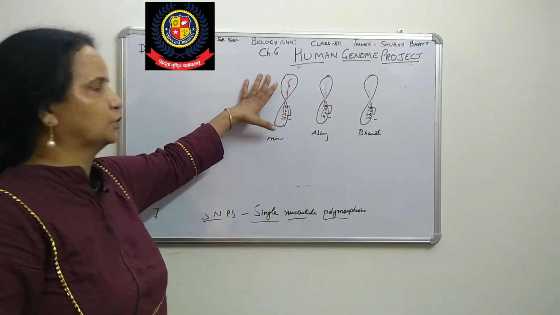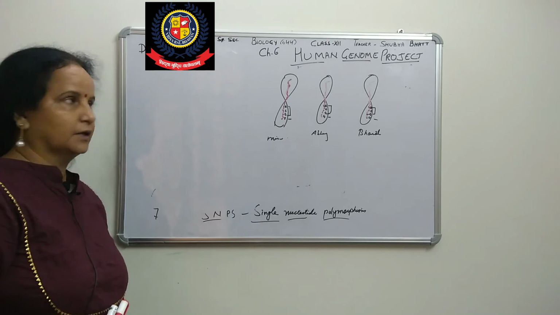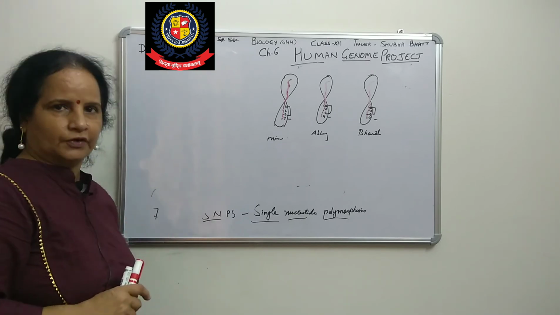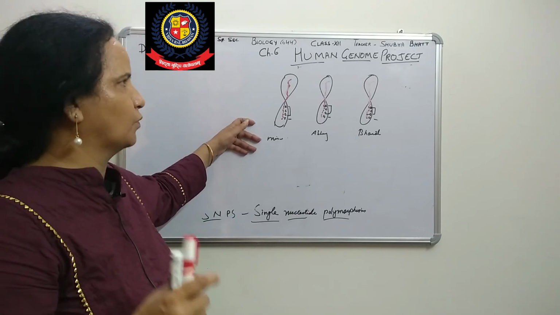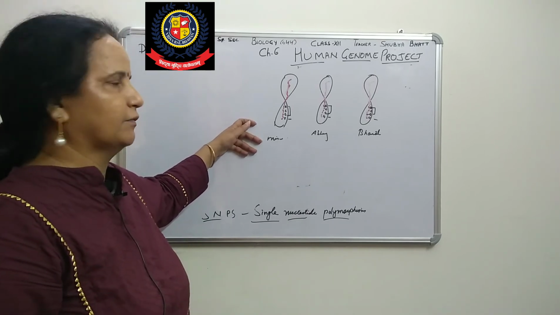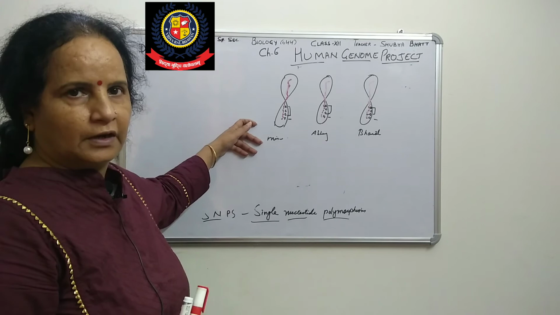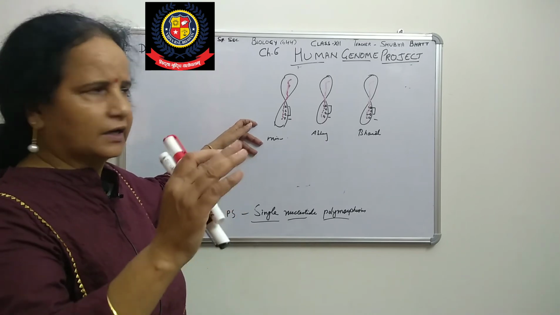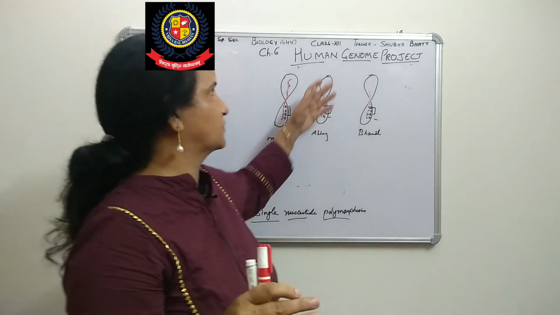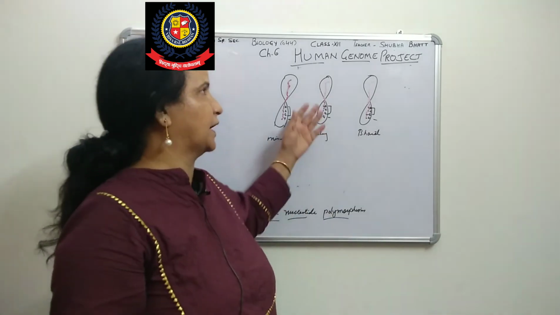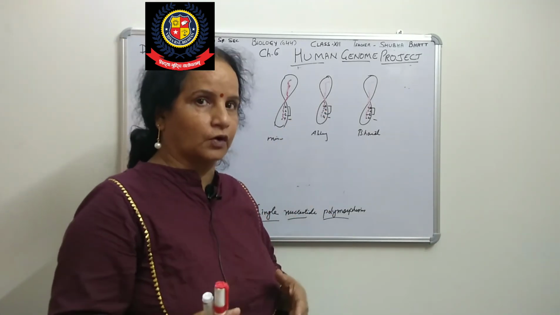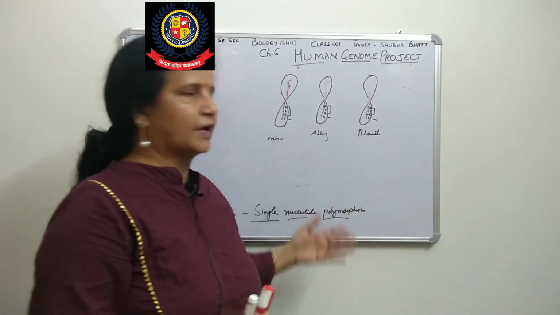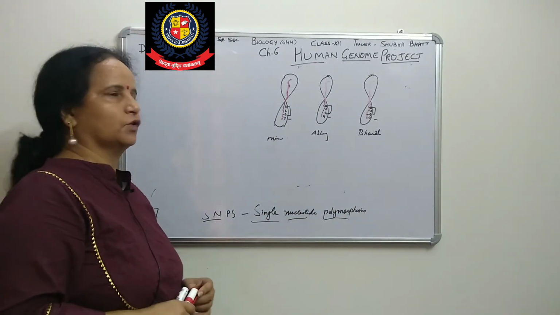And later on we will do fingerprinting. As you know, that is the Human Genome Project. A Rice Genome Project is also there, but it is not given in the book, only a small portion we have got from somewhere. I will give notes for this Rice Genome Project, and you only have to learn it, because whatever the method is, the method is the same, whether it is rice or human being. I will give notes for that Rice Genome Project.